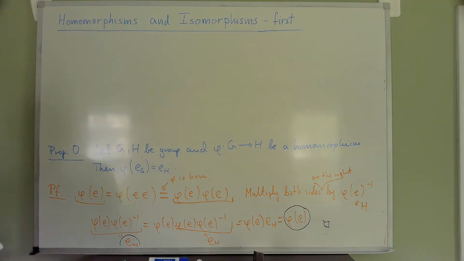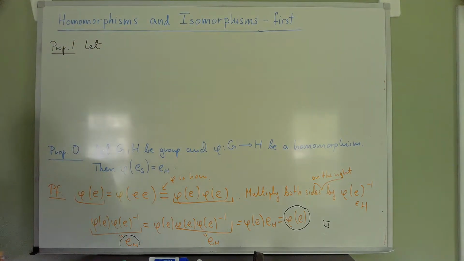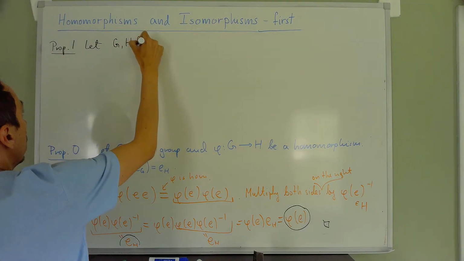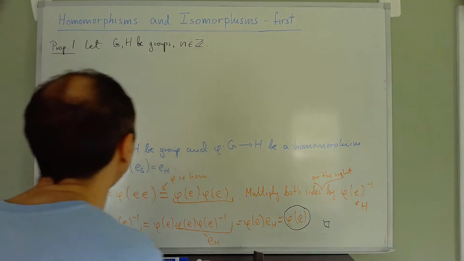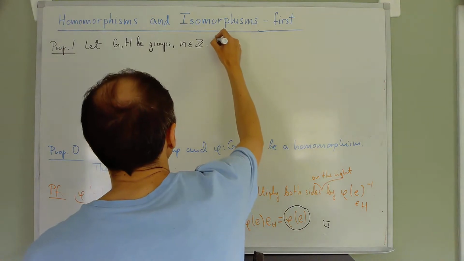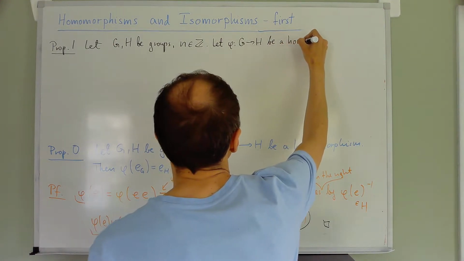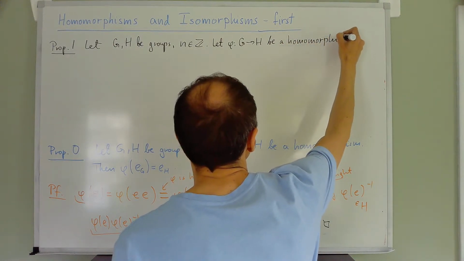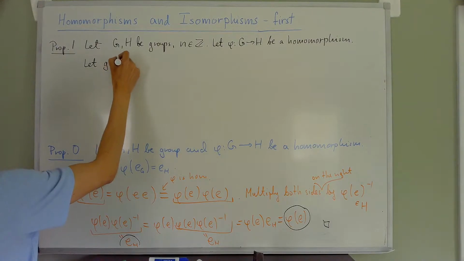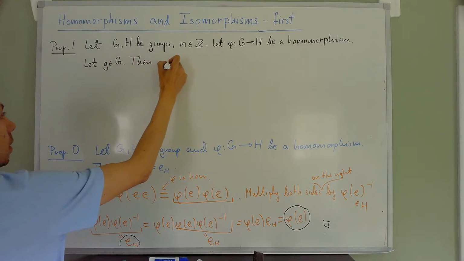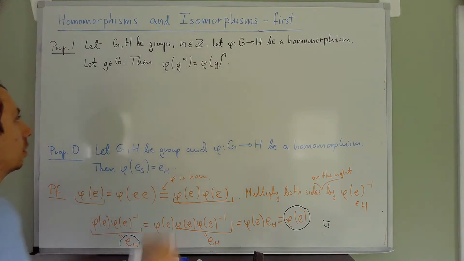Okay. Proposition 1. Let G, H be groups, n be an integer. Let phi from G to H be a homomorphism. Let g, little g, be an element in G. Then phi of g to the n is equal to phi of g to the n. So,